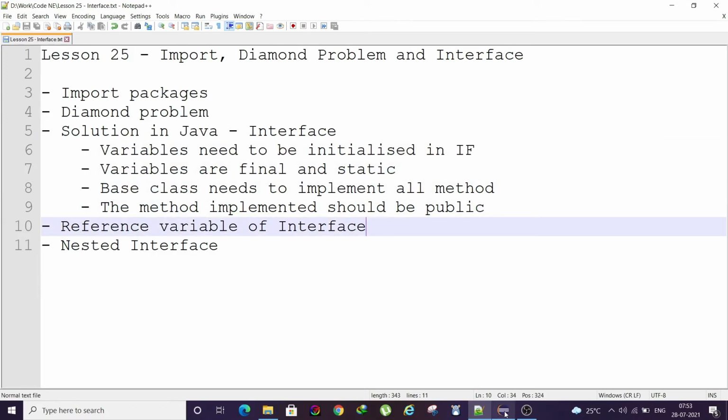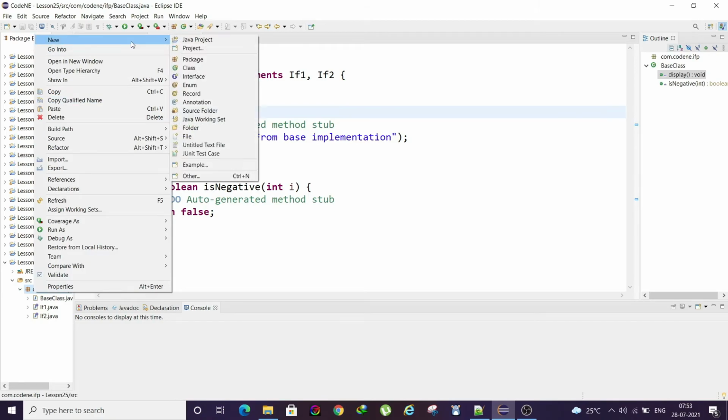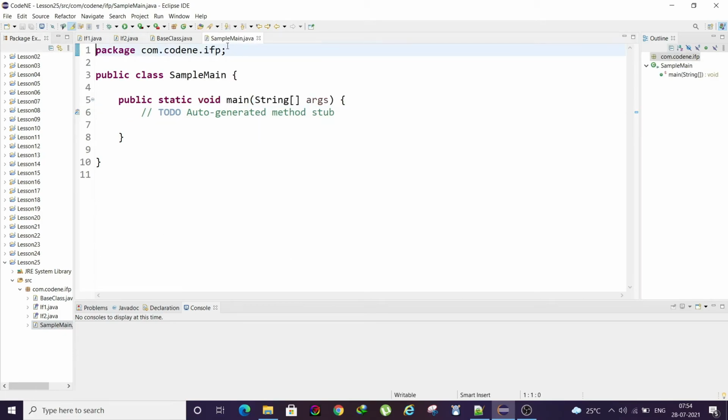So next, let's move on to our reference variable, okay? For that I will create another class, namely sample main. I'll just give it a random name, okay? So here you see we can create a base class b equals new base class, right?